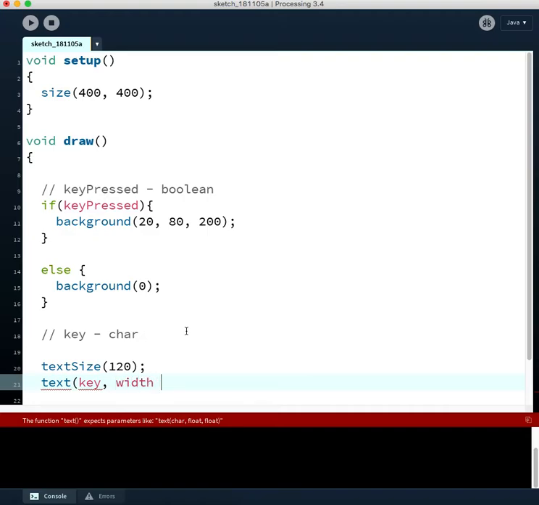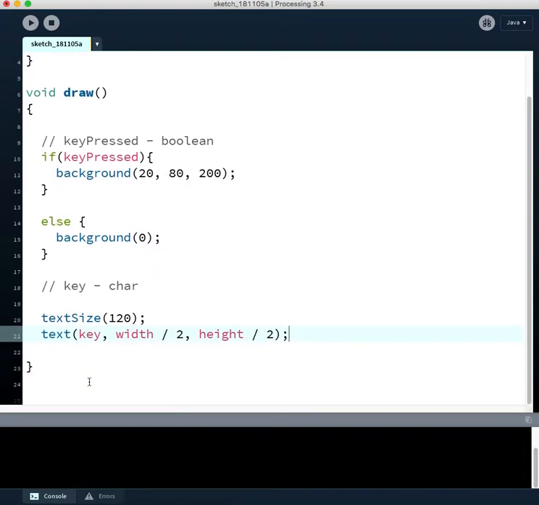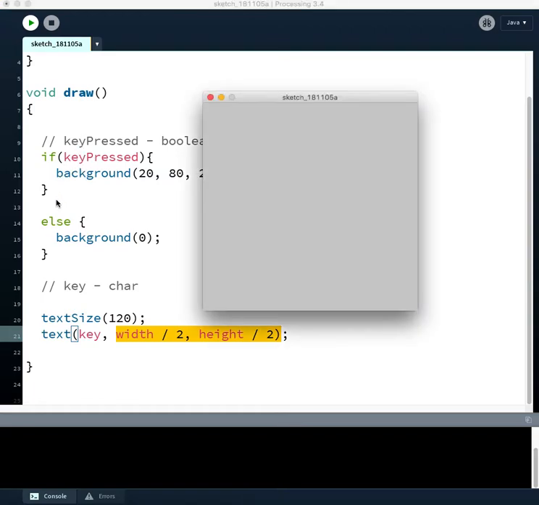So we'll say width divided by 2, that's the x coordinate, and height divided by 2, that's the y coordinate. So it will display whatever character is contained in the variable key at this location 60 times per second. So if we run this program,